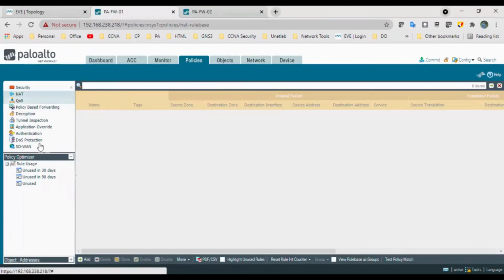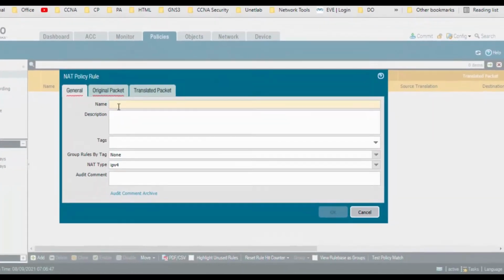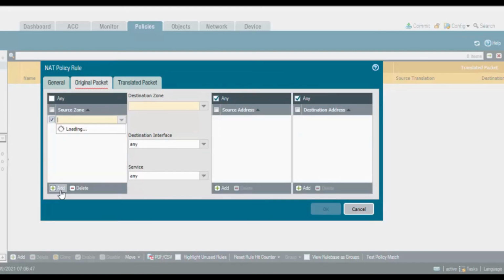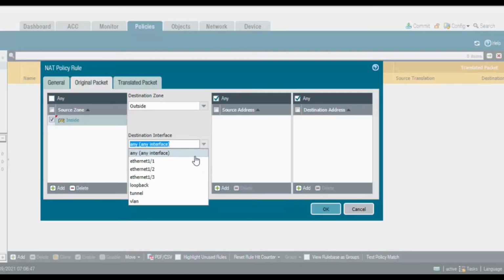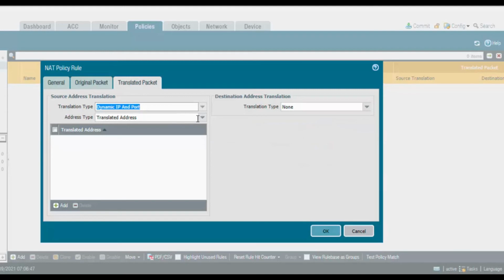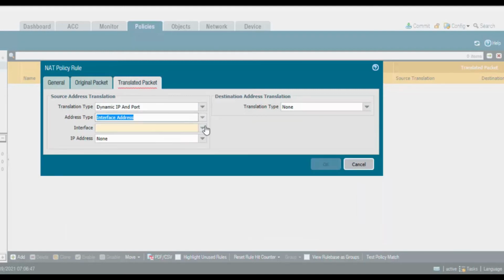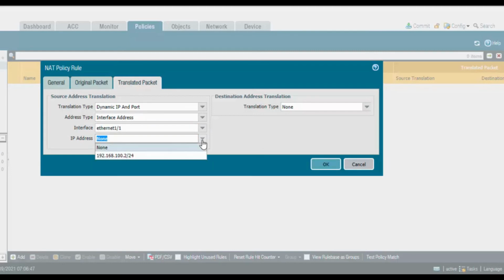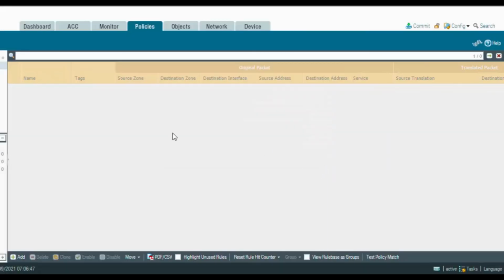And I will create a NAT rule for the internet purpose, inside to outside. The original packet is coming from inside and hitting the outside, and the destination interface is 1/1. Service is any. For the translated packet, I will go with dynamic IP and port, and interface address. Interface is my 1/1, that is my outside. Click on OK. I have created it.